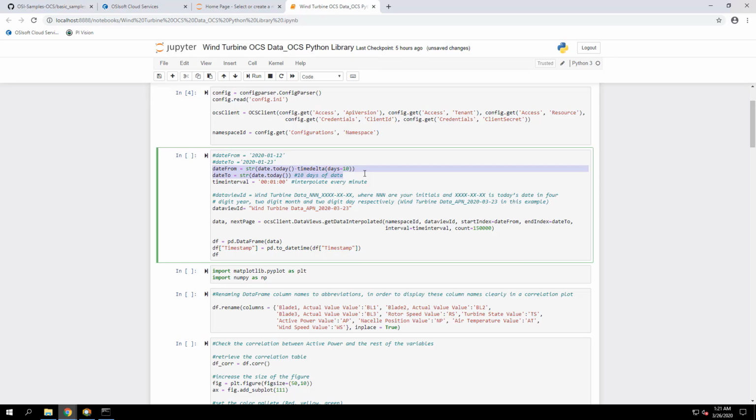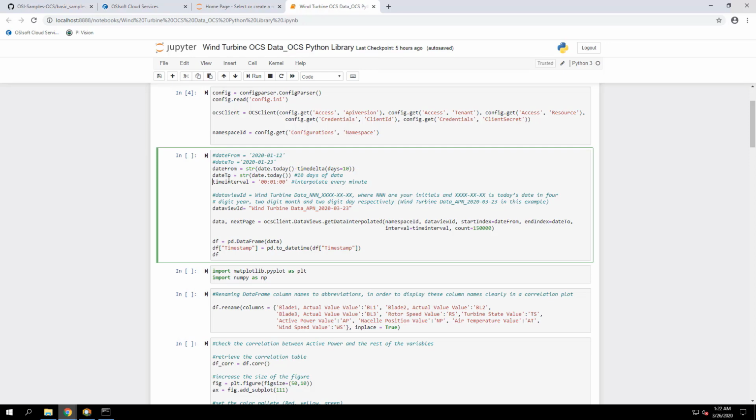We're just using a Python script to get, for date from, the date 10 days ago. So we're going 10 days in the past, subtracting it from today's date. And in the date to, we're using today's date. So we're basically storing two variables. One is the date from, which is 10 days ago, and date to is today's date.